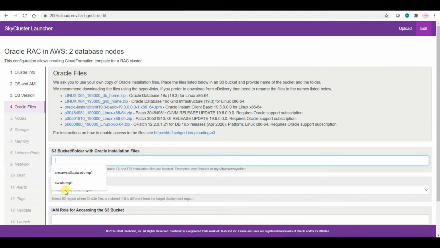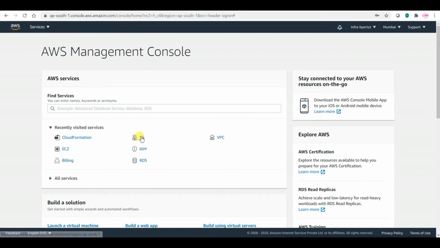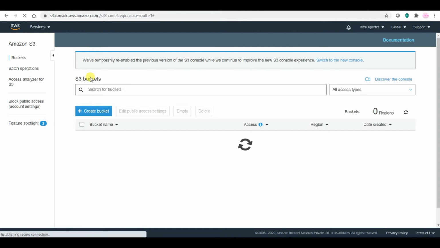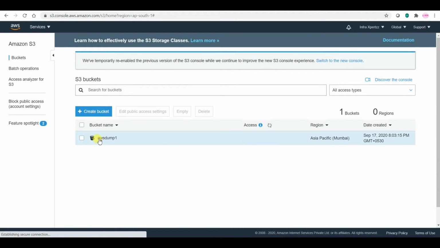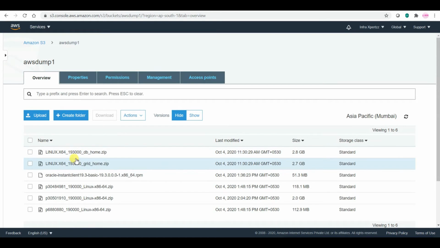Let me give the AWS dump file. Let me give the S3 bucket name in here, same as EC2 region. Everything is made public. If you go in here and see my S3 bucket, I've already kept everything in here.